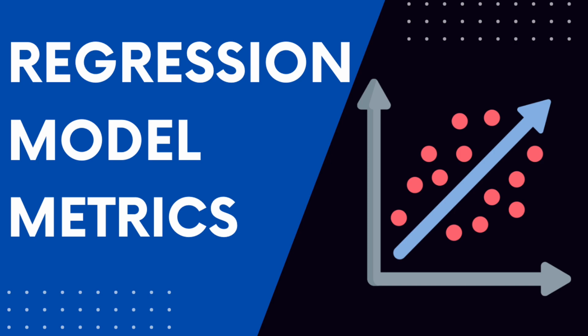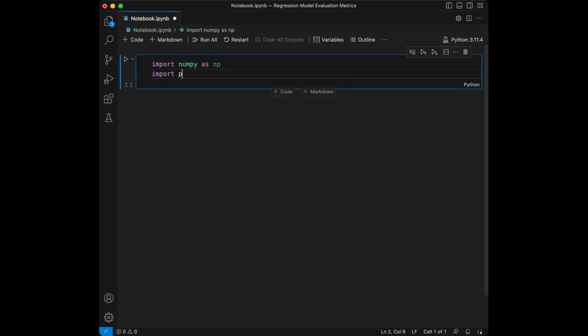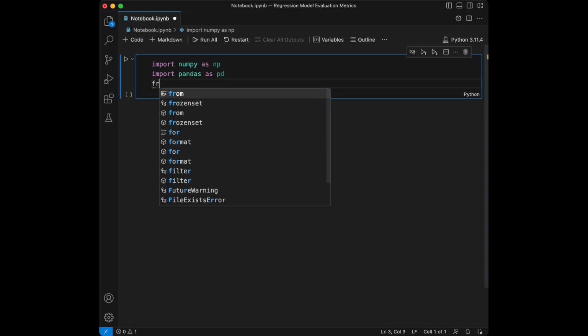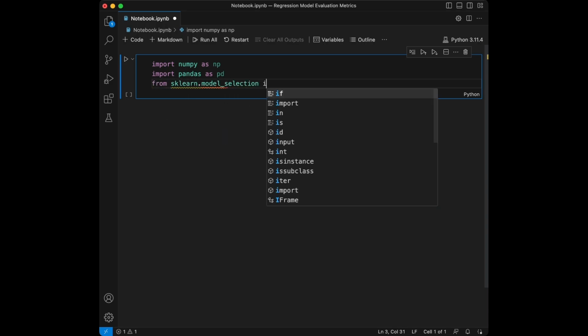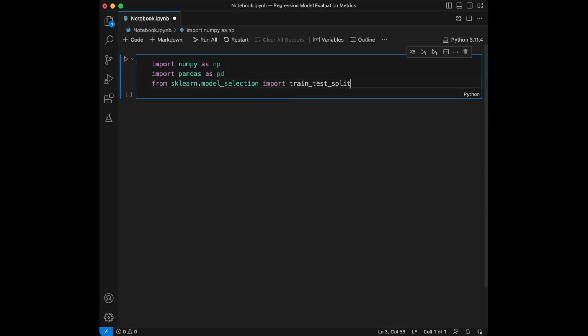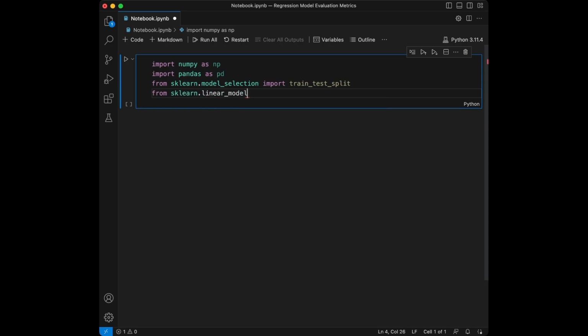Before we start, let's set up our Python environment. We will be using libraries like NumPy, Pandas, scikit-learn and Matplotlib. So let's import them. We will import NumPy, Pandas. We will import train test split from sklearn. We will import linear regression from linear model. Import linear regression. We will import r-squared, mean absolute error and mean squared error from